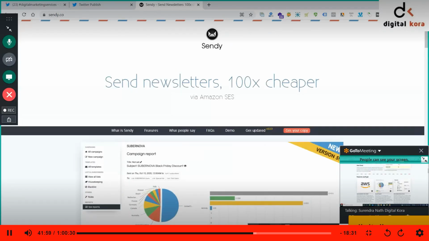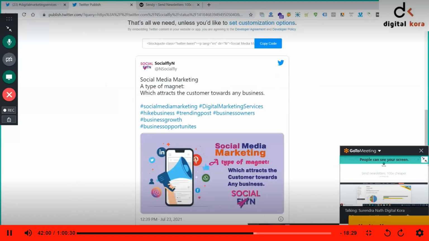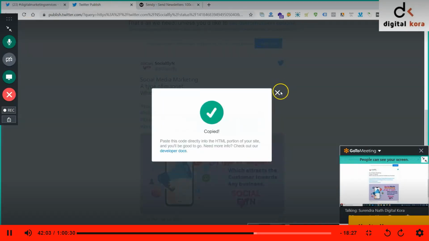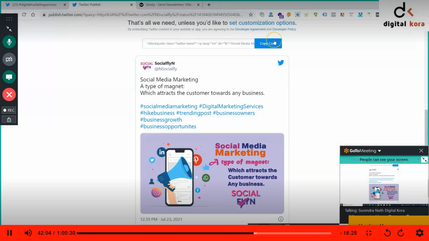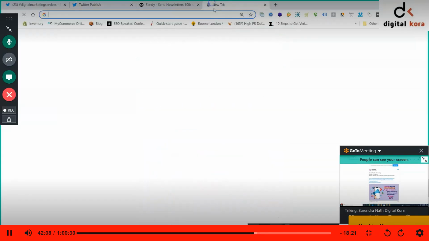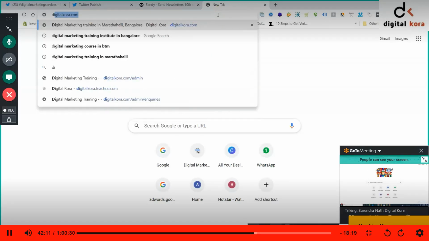How to keep the embedded tweet means just to get the code, give this code to the developer. Developer will add the code in the website somewhere below the paragraph or on the right side. We can embed videos also. For example, in our website, if you see,